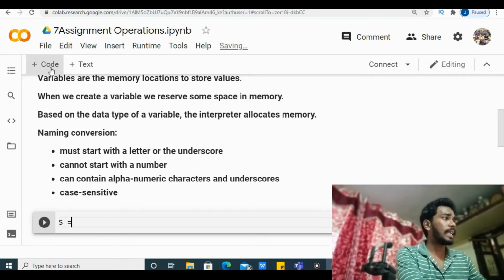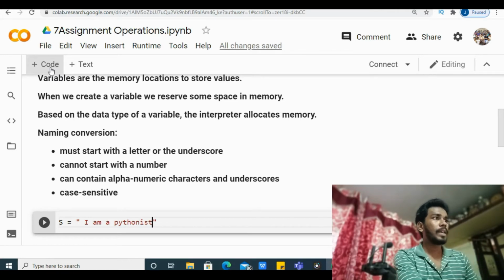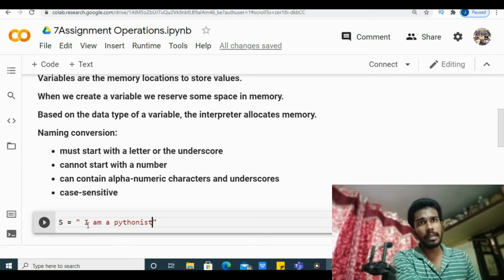Let's say s is equal to "I am a Pythonist". In my memory, I need some area such that I can store this phrase, I am a Pythonist.